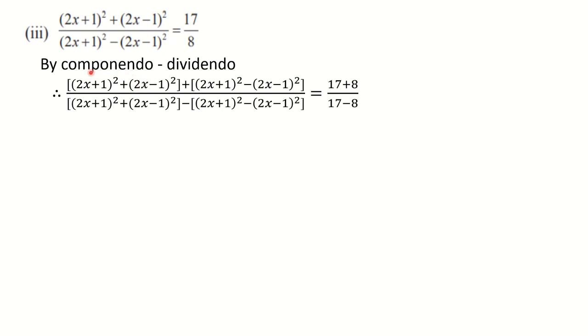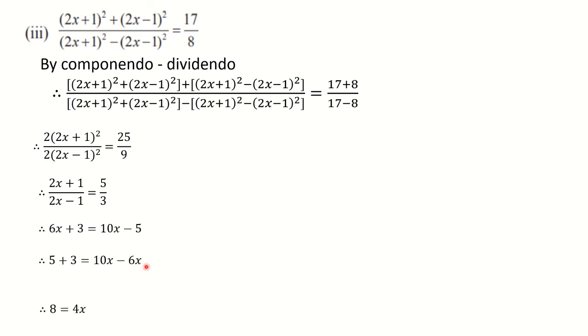So here you can see numerator plus denominator, numerator minus denominator. I told you how to write it. Similarly on RHS. So see here the second term will get cancelled and here the first term will get cancelled. So 2 times the same bracket we got here. So 2 we can cut. Here also perfect squares, here also perfect squares. So we can take the square root to get the answer. 2x plus 1 upon 2x minus 1 is equal to 5 upon 3. And then after doing cross multiplication, we can get the value of x.